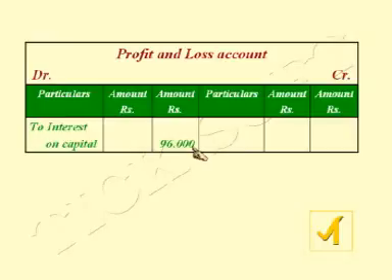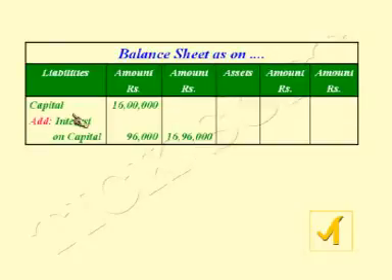You have to show what is the effect in final accounts. Then balance sheet, capital 16 lakhs plus interest on capital 96,000. So outer column 16 lakhs 96,000. Interest on capital appears in two places. One is the profit and loss account debit side as an expense. Then another one is the balance sheet liability side. It should be included with capital. From the proprietor's point of view, capital plus interest on capital. That means in